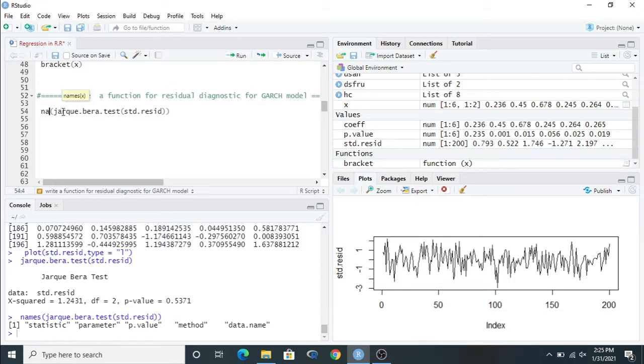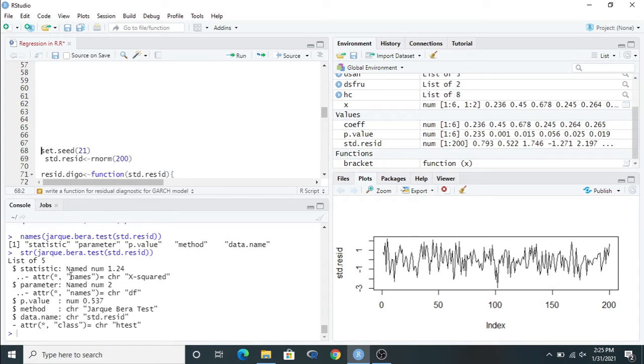Suppose you write str, which stands for structure. Just run this and you can find there are 5 lists available. The first list shows the statistic, the second is the parameter, and so on. So it indicates we can copy from this to this. This is the dollar sign and this is the statistic. So I can write here,